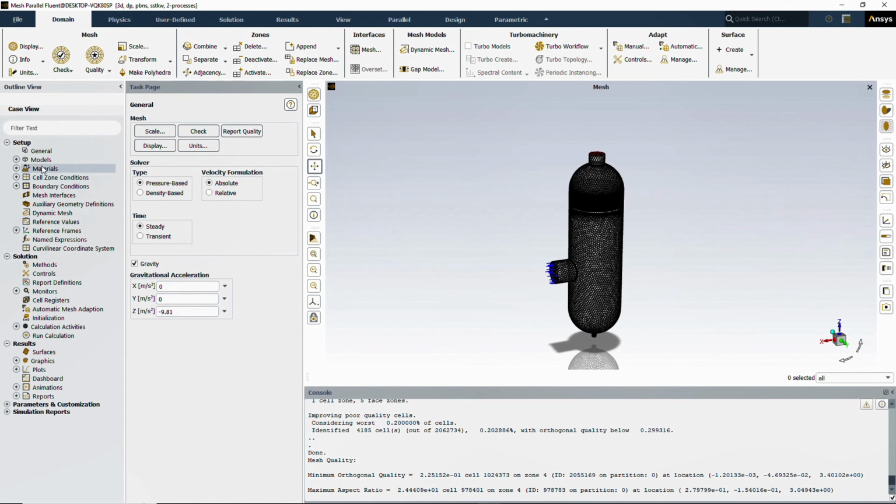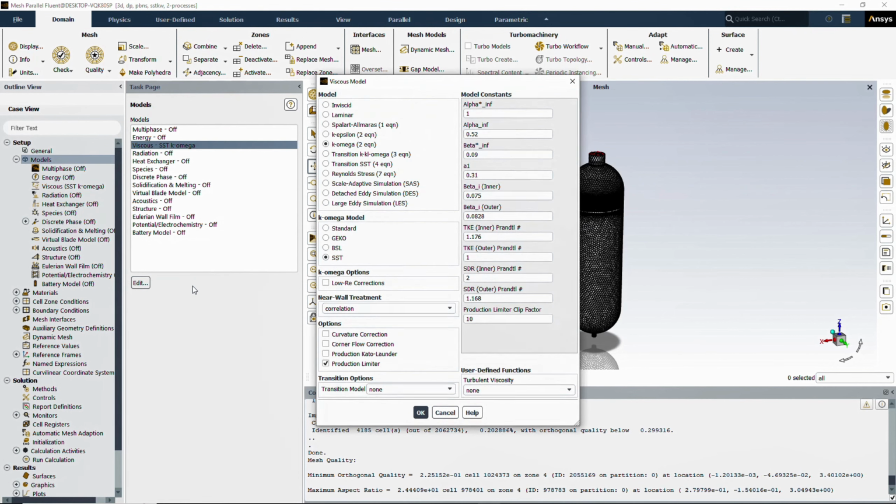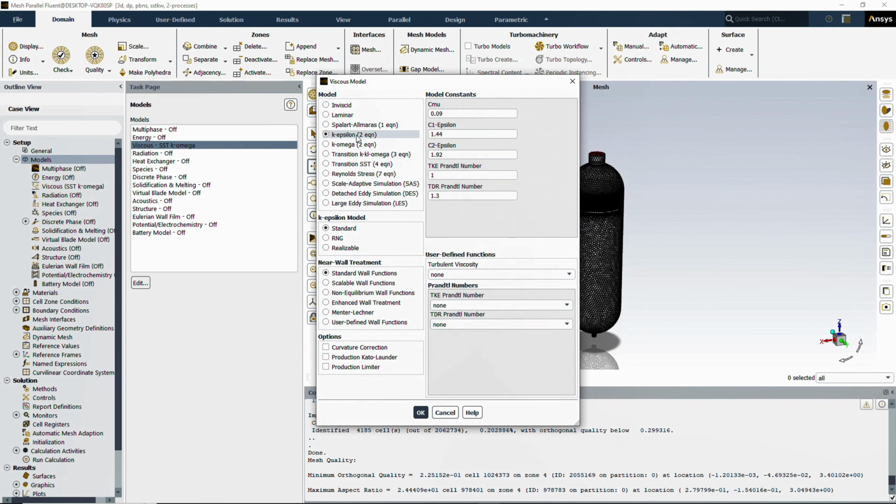In the next step, which is the models, by double clicking on it, you can see the whole models available in ANSYS Fluent software. The first model we want to modify is the viscous model. By double clicking on it, we can see the different turbulence models. But what I want to select is the two equation K epsilon model,